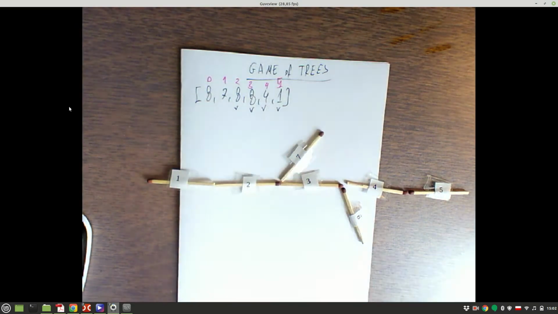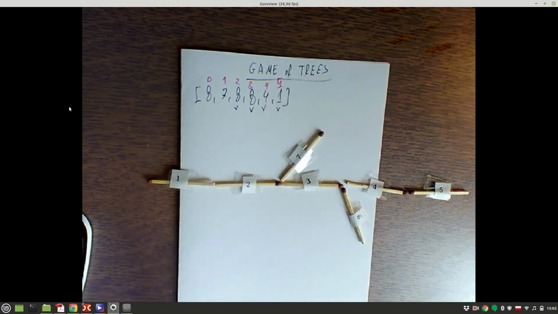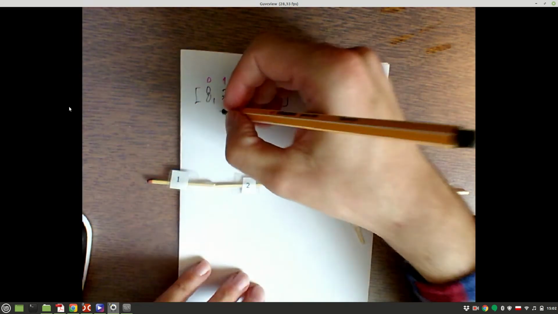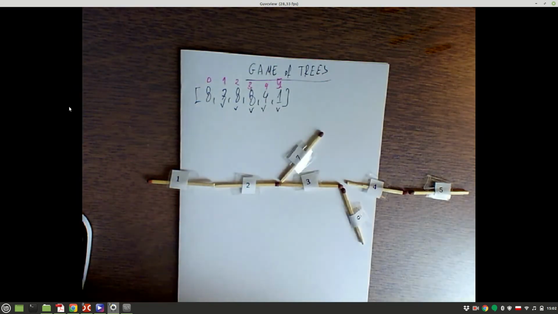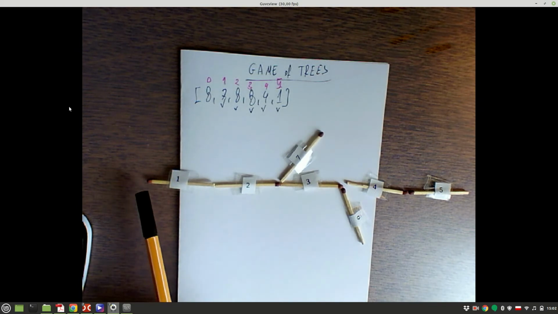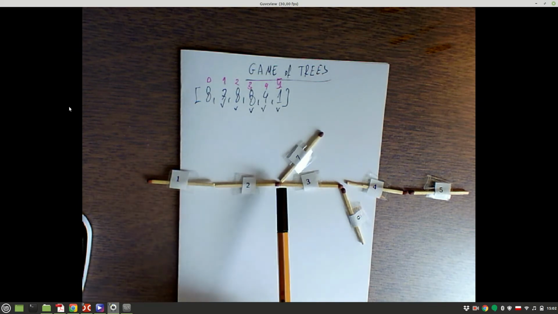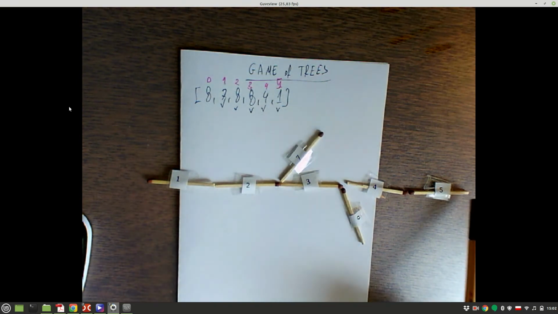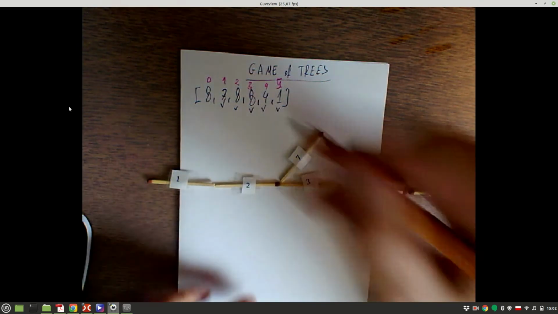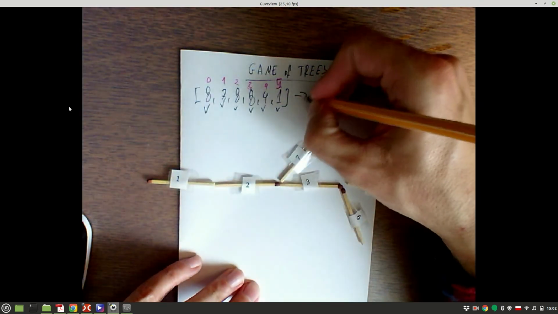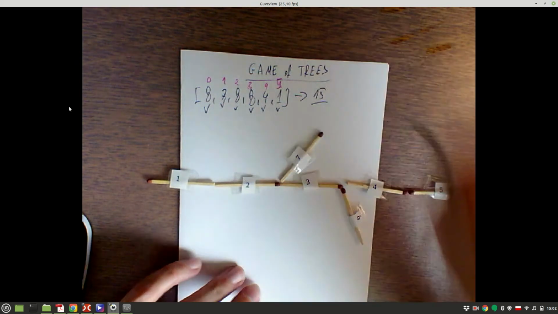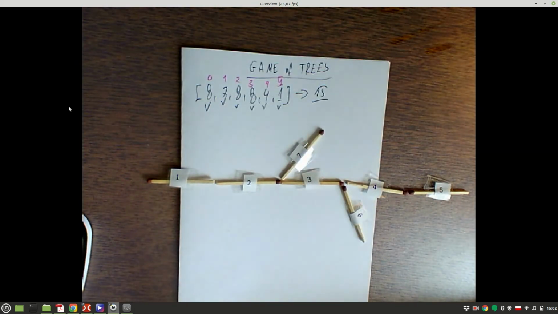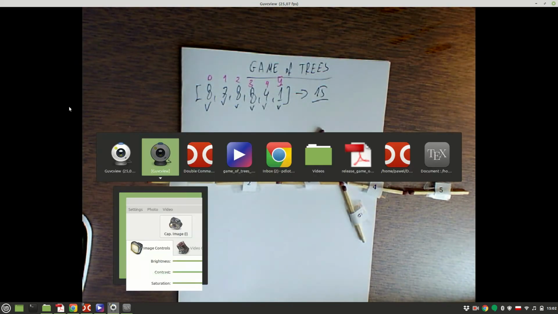Obviously we use 7 matches, so we have 7 paths of the length 1. And let's count the vertices. We have one vertex over here, vertex number 2, vertex number 3, vertex number 4, vertex number 5, vertex number 6, vertex number 7, and vertex number 8. So everything plays off. If you remember, that was tree number 15 in